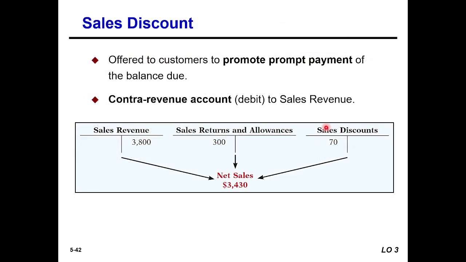Next, sales discounts are offered to customers to promote prompt payment of the balance due. That means the seller offers customers or buyers a discount to pay promptly, and for this prompt payment the seller collects the dues easily. It is a contra revenue account, debit to sales revenue. Here sales revenue is 3,800, and there are the sales return and the sales discount. So the total net sales would be